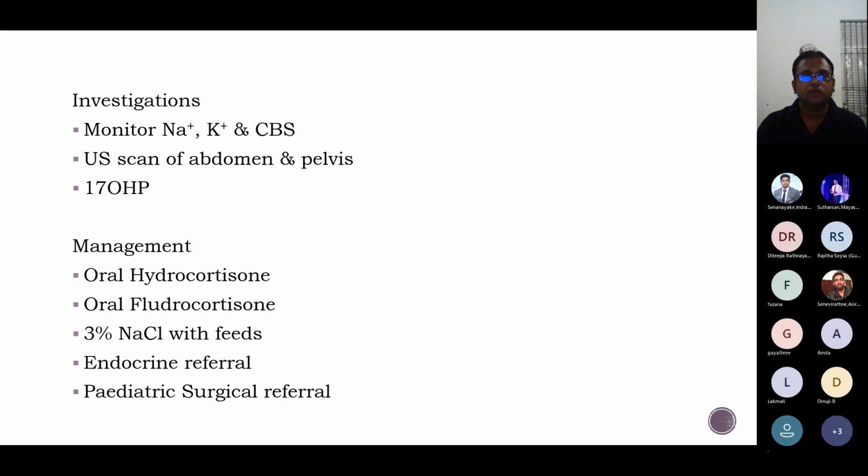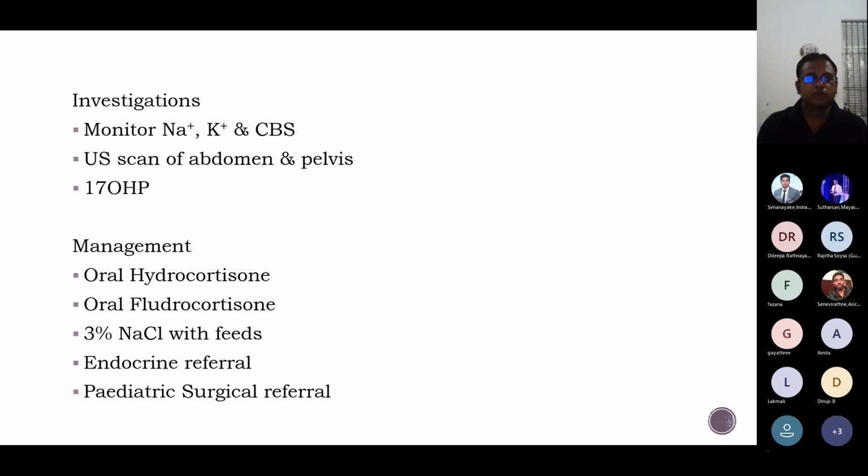There's a uterus, but the gonads were not clear in the scan. And by the way, on the examination, the gonads were not palpable in the labioscrotal folds. And we checked 17 OHP levels, which was found to be very high. So that confirmed our diagnosis, and we managed this child on hydrocortisone, fludrocortisone, and the sodium was on the lower